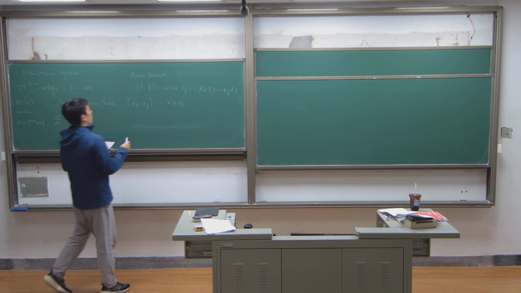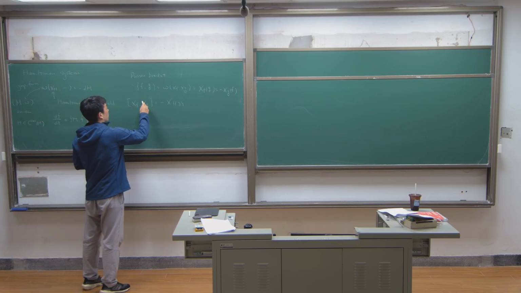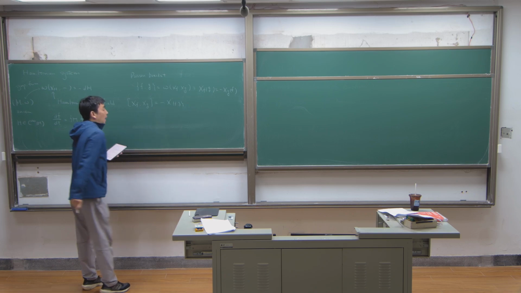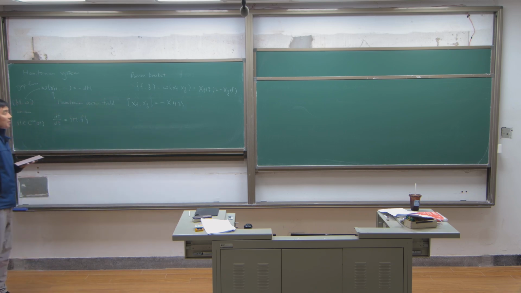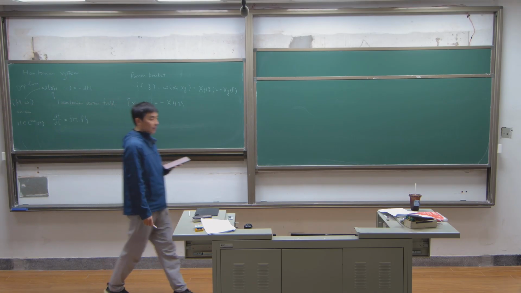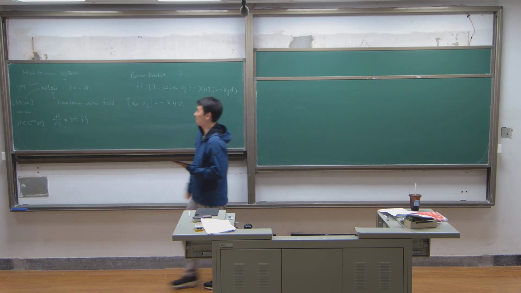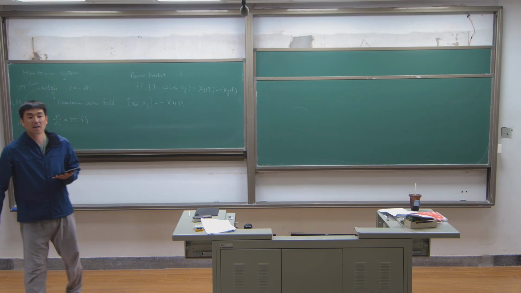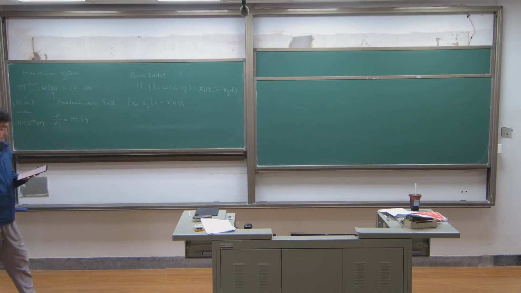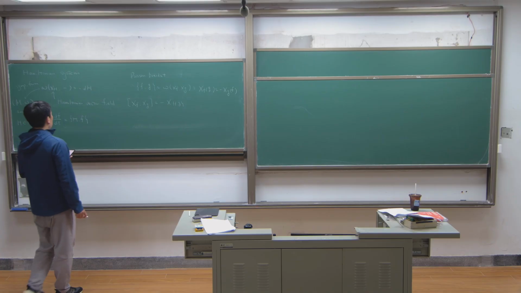So the commutator of two Hamiltonian vector fields gives rise to the Hamiltonian vector field for the Poisson bracket. So this can be shown in various ways. And at the end of the last lecture, I briefly gave an idea how to derive this. And moreover,